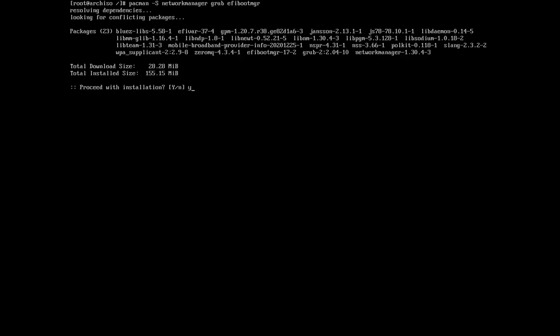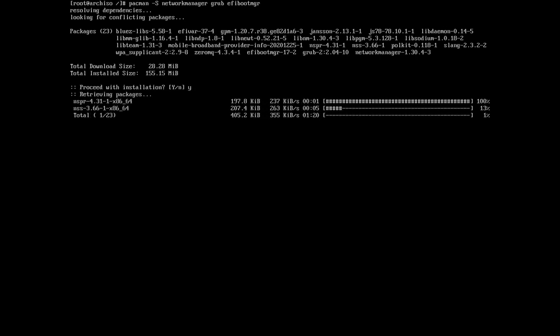Going to install a network manager, and install a bootloader, which in my case I'm gonna install GRUB, and because this is an EFI system, I'm gonna install also efibootmgr. Okay, and click on enter, and yes, to choose yes, and wait for it to